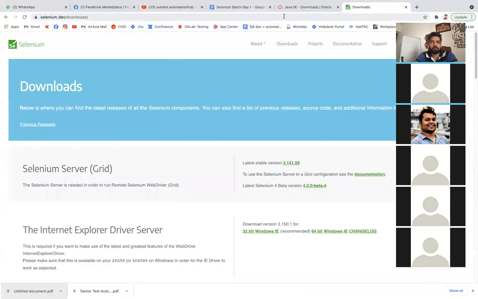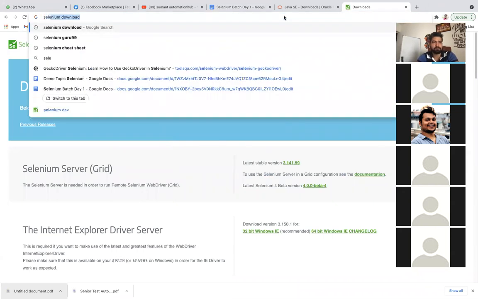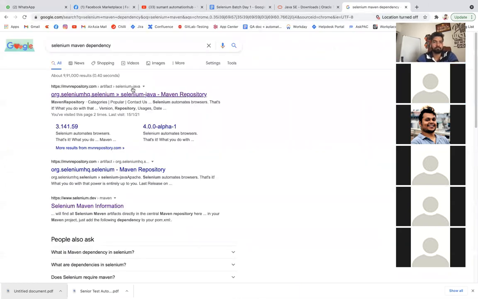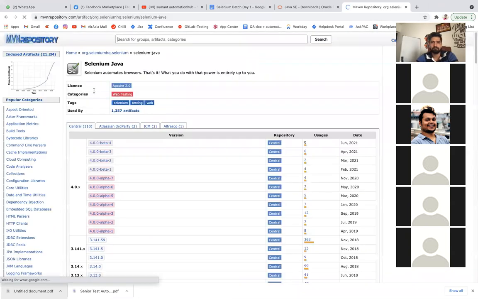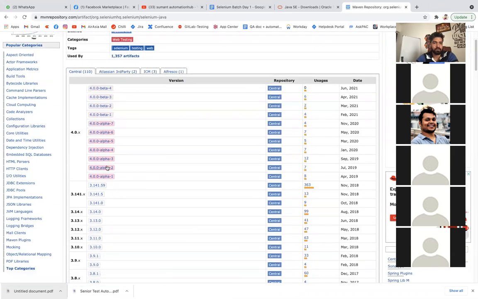For that, you just have to search for Selenium Maven. Let's say I'm going to use this 3.41, or I have already.